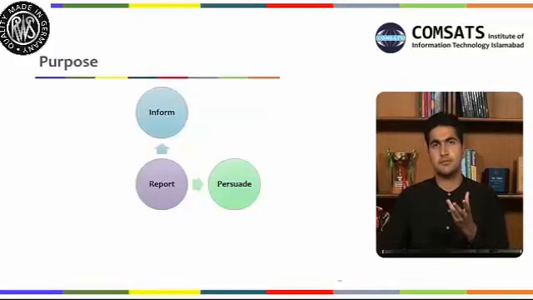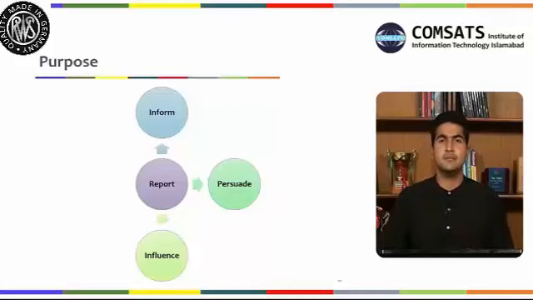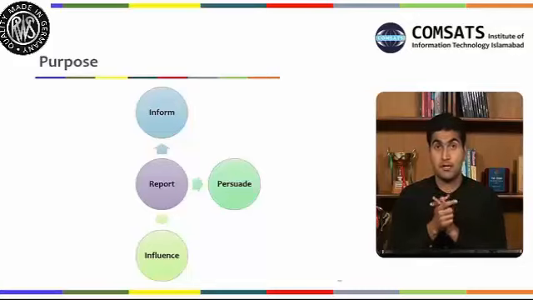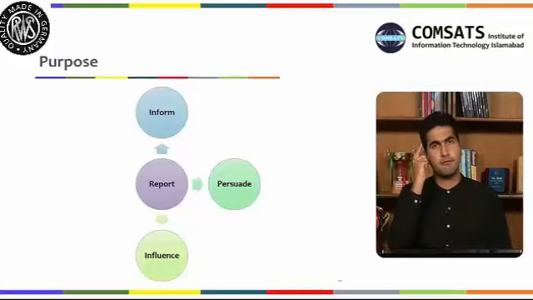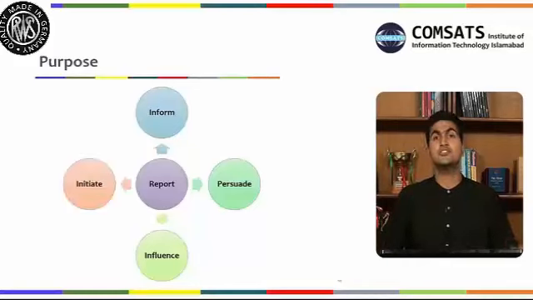Based on your findings, you persuade your audience towards an action. But for that action, you need to do another thing, which is influence. That is also another important component and purpose of your report. Based on your persuasion and the information you have provided, as it's based on facts and figures, it's factual and objective, you're able to change the perspective, the outlook and the ideologies of your audience,